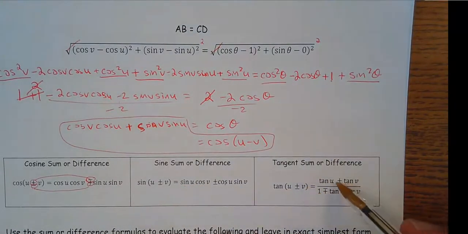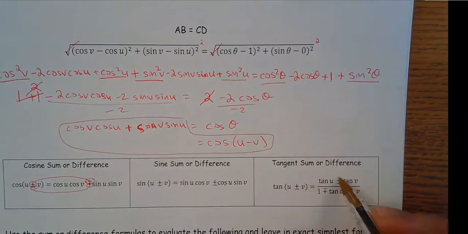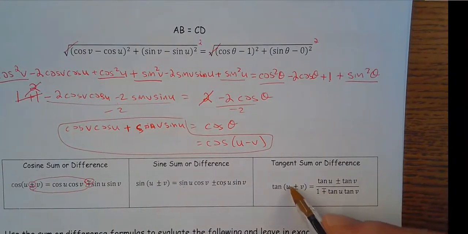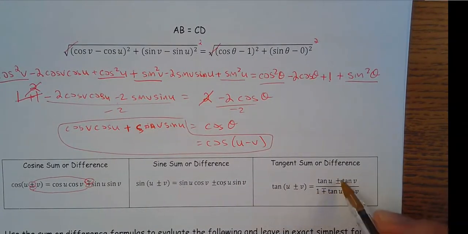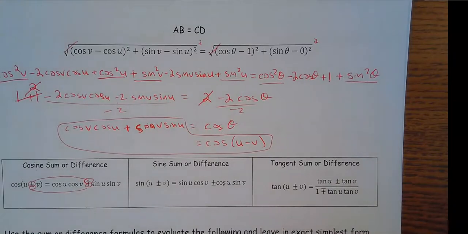And then, with the tangent, it's just kind of memorize that, whatever method you want to take. But just notice the signs are on top, it's the same, on bottom, it's different. If it's a plus, it's going to be plus minus. If it's minus, it's going to be minus plus. So